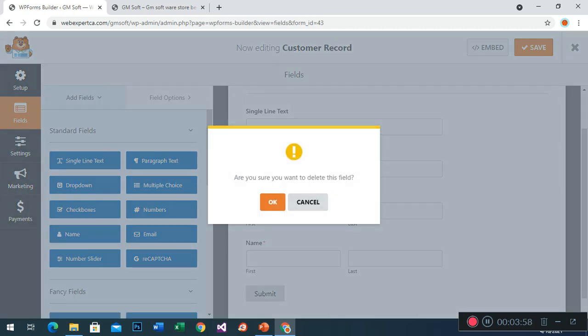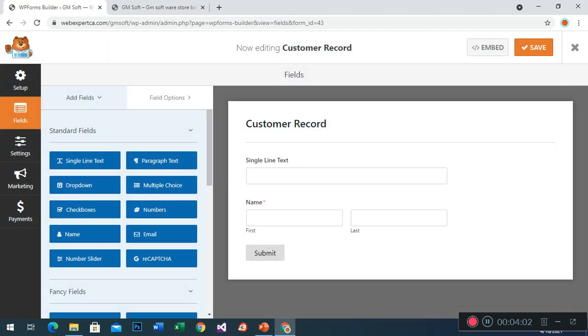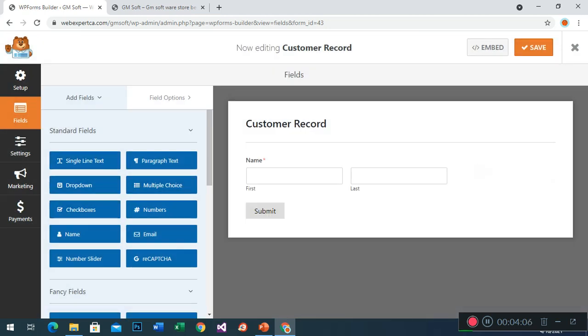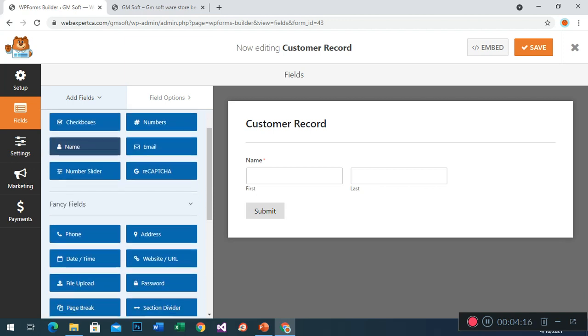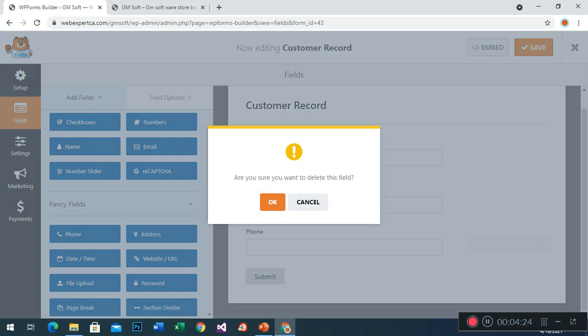I think I clicked two times. Just click the first field here, then this will be created automatically. First name, last name, and the next one we need is the customer phone number. Find the phone number, click here, place it here. But I don't know why this added two times.